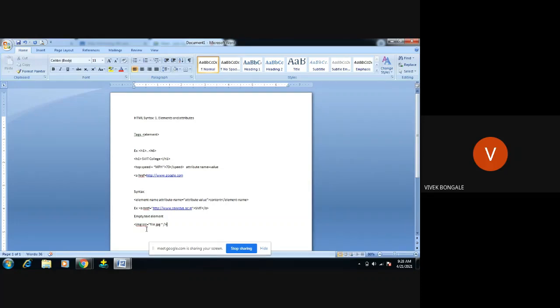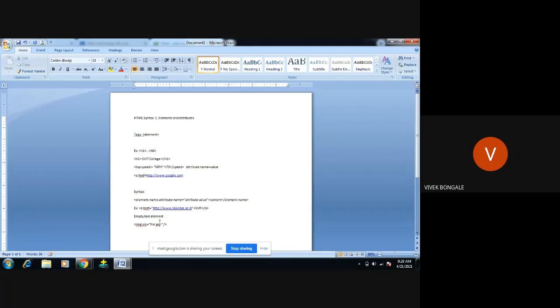It will take this file.jpg and display the image, but there is no other content or attribute to display along with file.jpg.